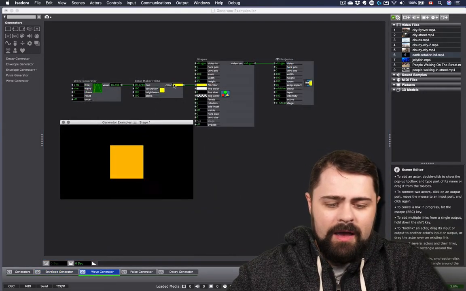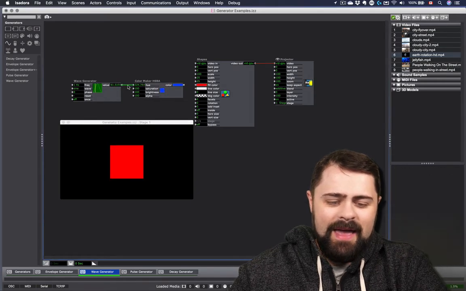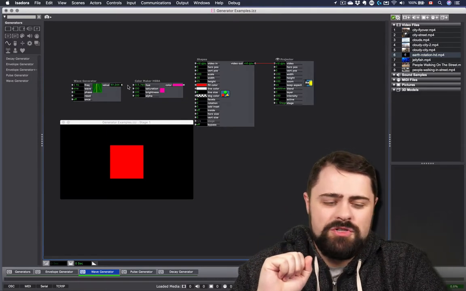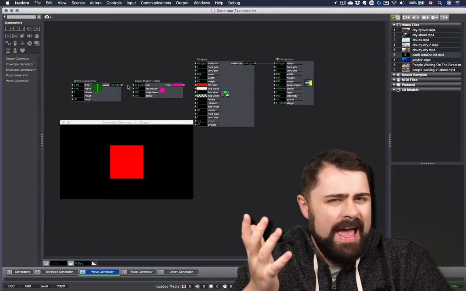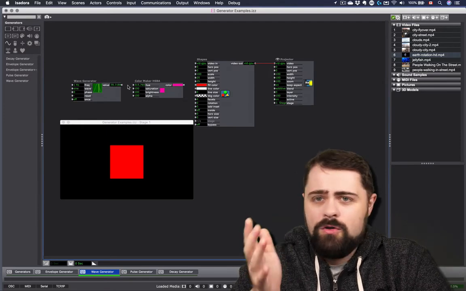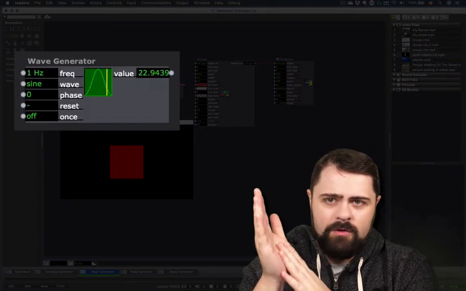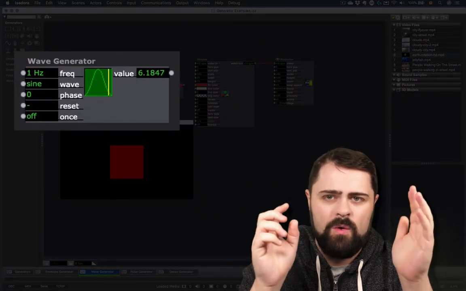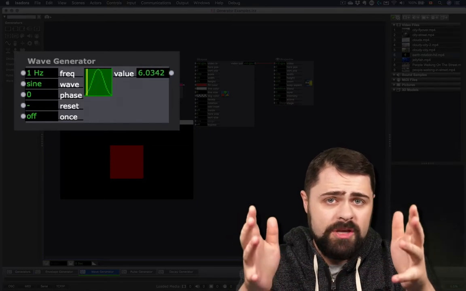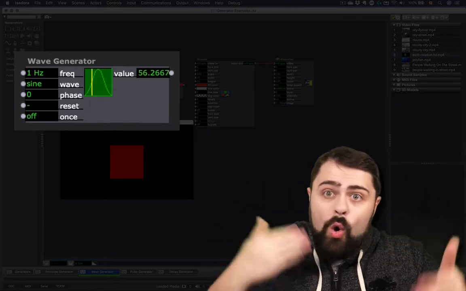And for now, I am just going to disconnect all of our properties here. And you can already see maybe a glimmer of what the wave generator is doing. The wave generator is actually kind of like the cousin of the envelope generator, in that it also scrolls from value 0 to value 100, but in this case, it is fixed to always going from 0 to 100. Instead of waiting for you to manually trigger the wave generator, however, the wave generator is just always going.